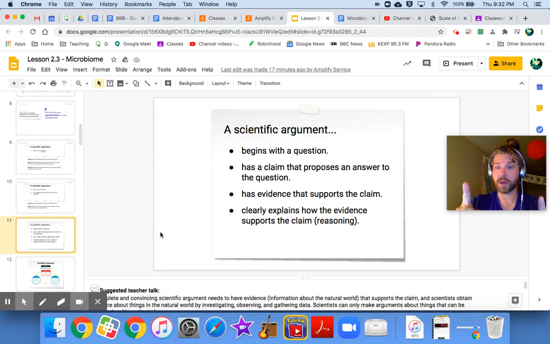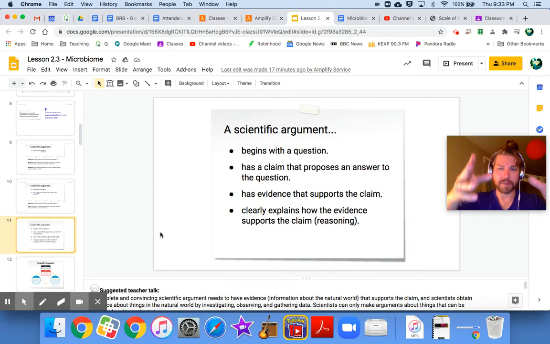Our evidence is what? They showed higher than normal numbers of C. jejuni bacteria. But the reasoning would be something like C. jejuni bacteria causes food sickness type symptoms in individuals. I don't know, something like that. So don't forget to add the reasoning, because somebody who doesn't know anything about C. jejuni bacteria might be like, okay, so what? But then you throw that part in.